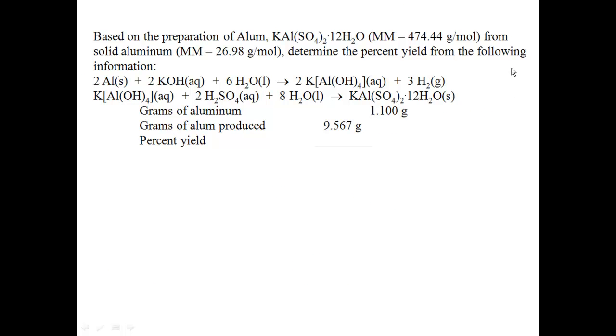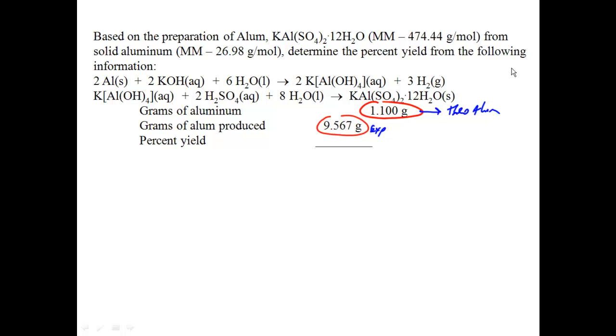Okay, based on the preparation of alum, that's your potassium aluminum sulfate dodecahydrate, from solid aluminum, determine the percent yield of an experiment. Okay, so here they said we start off with 1.1 grams of aluminum. At the end of the experiment, after doing all the filtering, etc., they came up with 9.56 grams of alum. So we're trying to find out percent yield. Percent yield is your experimental over your theoretical, times 100%. Experimental, we already got. They gave me that. Now I got to figure out from here my theoretical